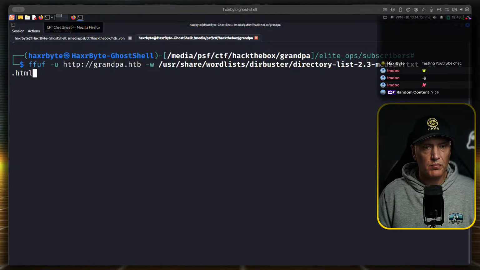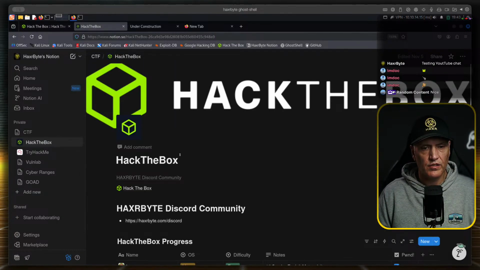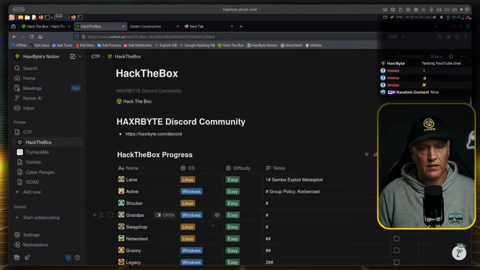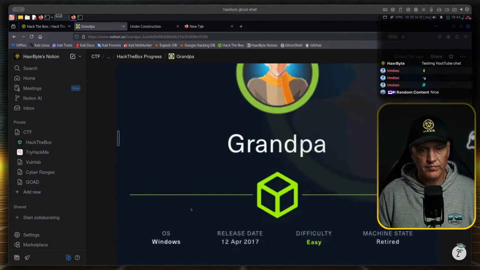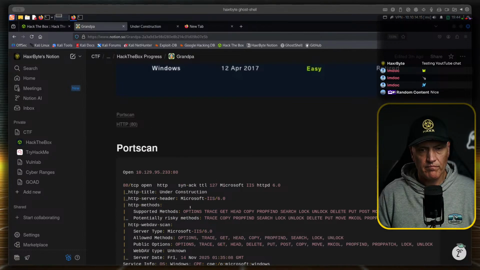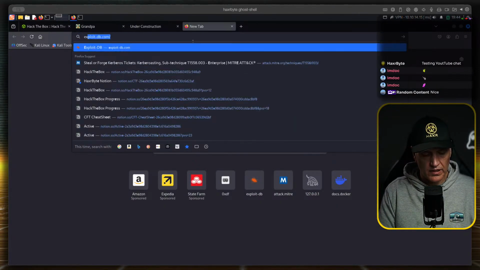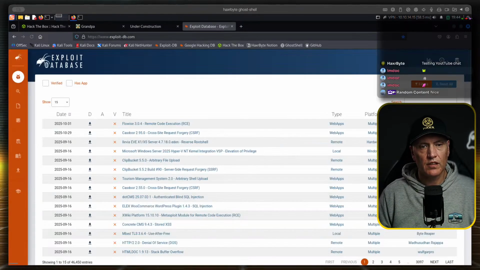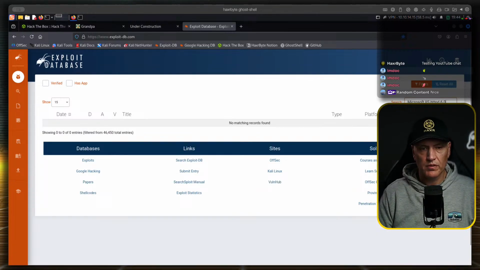Let's see if we can get a bit more information about this version. Exploit DB is a nice place to look; it's always my first stop.